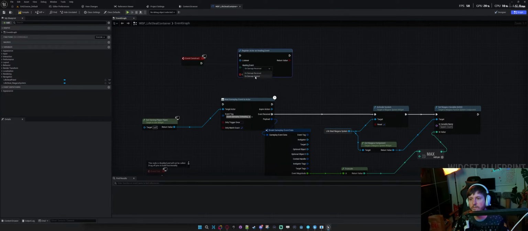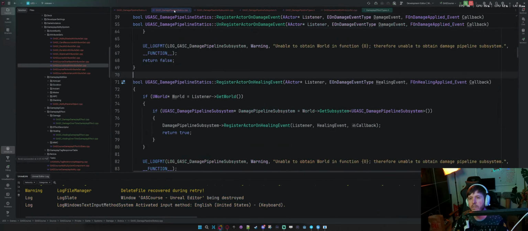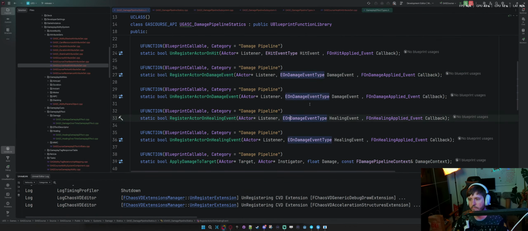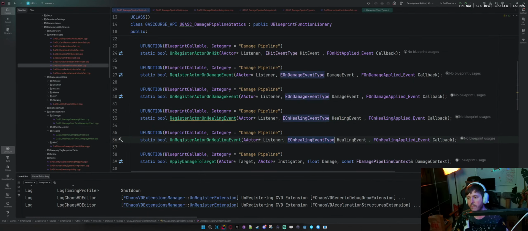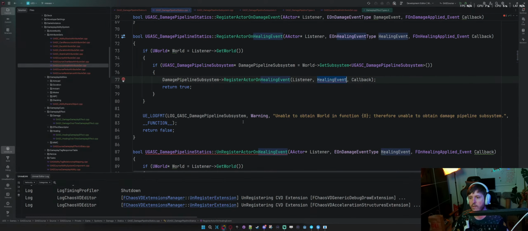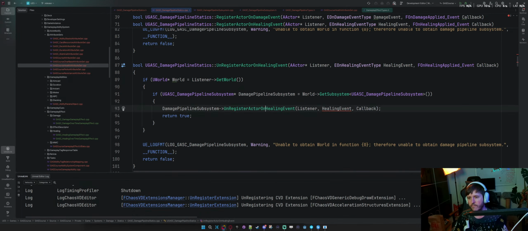Yeah, I'm gonna have to. So that is wrong. Let's fix that. So the signature for the statics. This is also wrong.